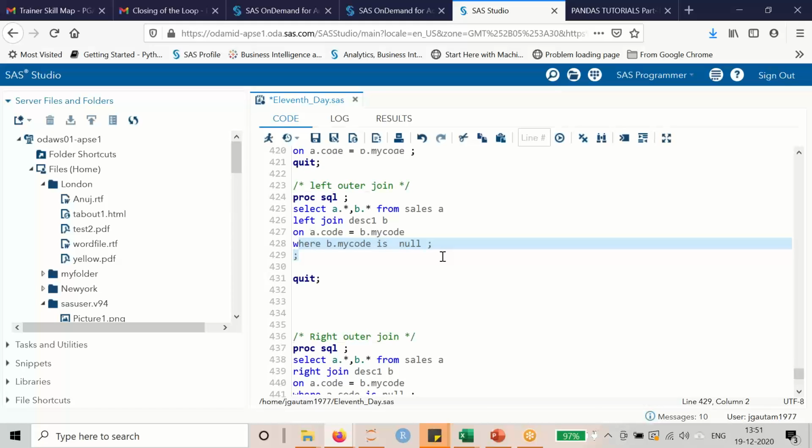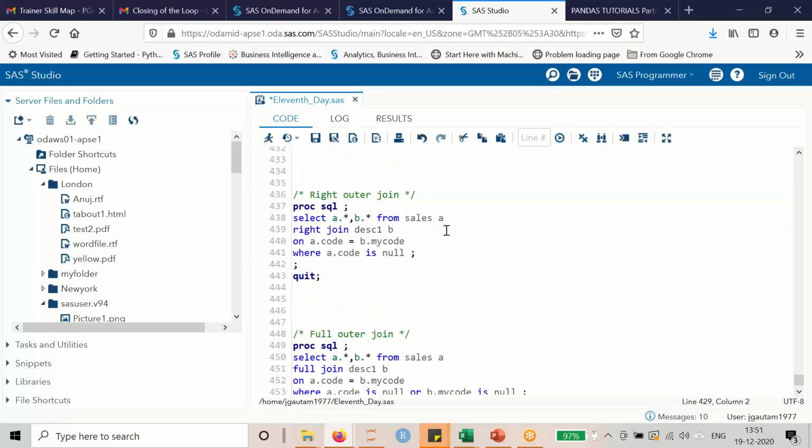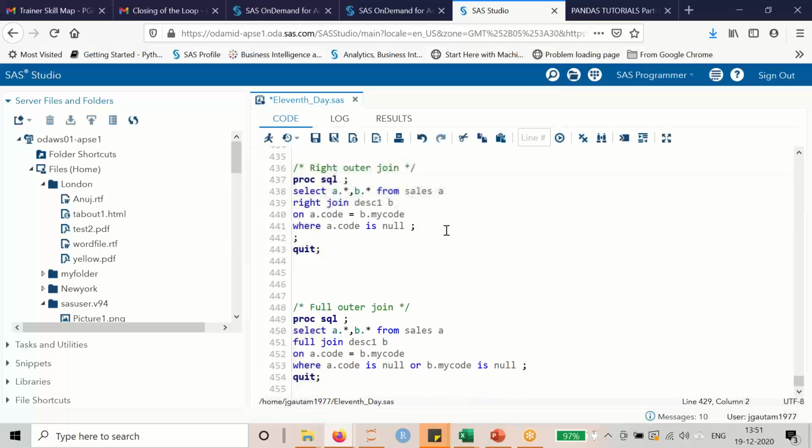हाँ हाँ, मैं जो SQL में use कर रहे हैं, तो उसमें full outer join का ऑप्शन होता है, इसलिए MySQL में, that is right. So this is the code, right? So where A dot my code is null or B dot my code is null. ओके, बस इतना सही था।